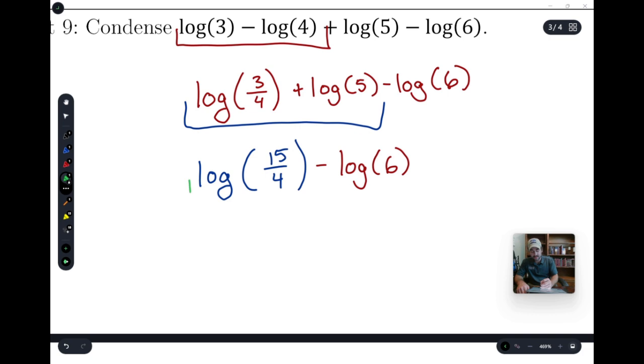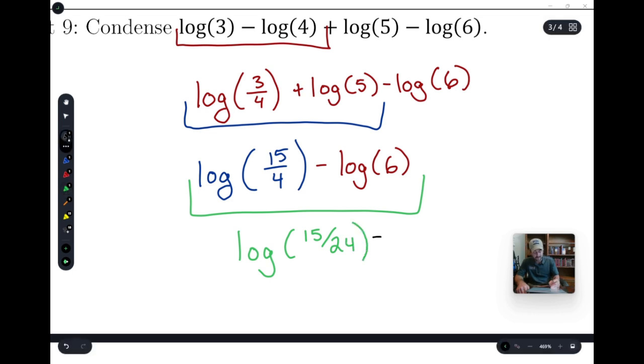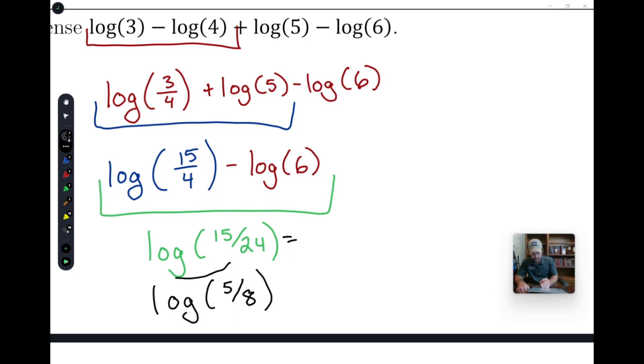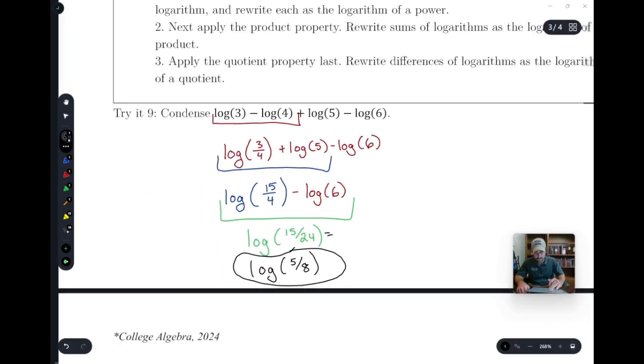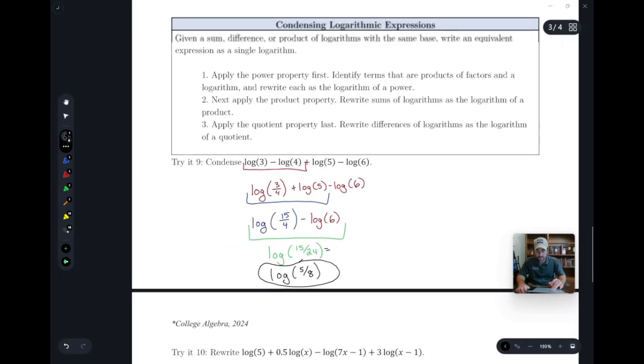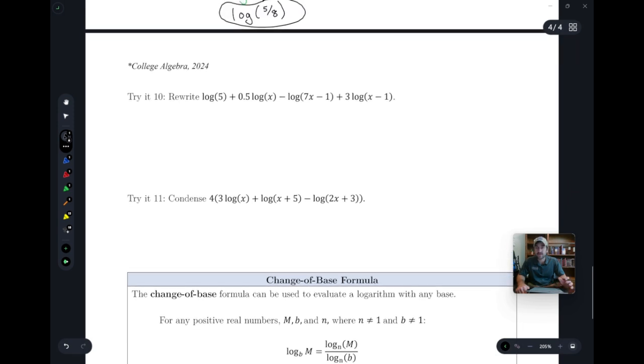And then last but not least, we're going to combine that negative. Remember, the negative is going to be divided, so it's going to end up on the bottom, not the top. And we're going to end up with log of 15 over 24, which we could reduce if we divide by 3 to end up being log of 5 over 8. All right. I'm going to leave problems 10 and 11 for you to work on your own to save some time,